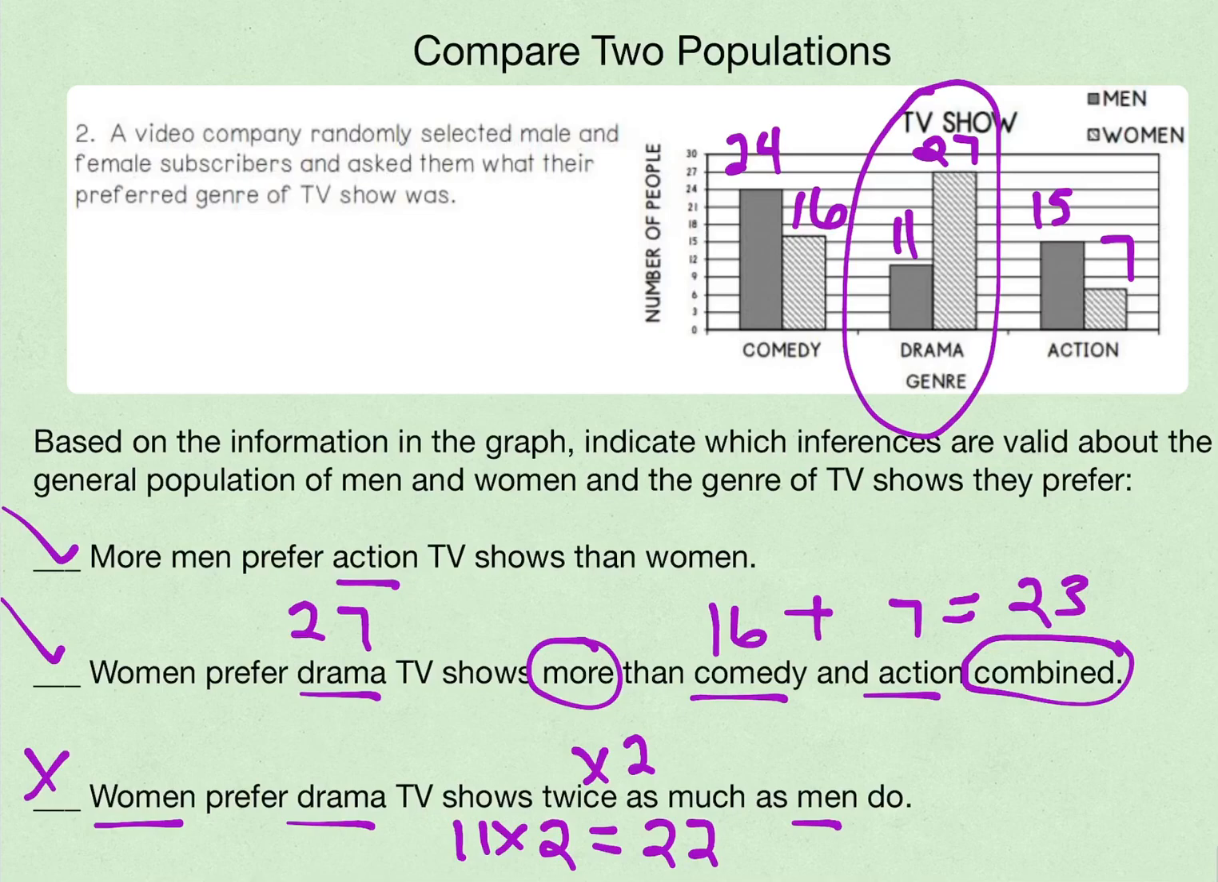So this has kind of been a review on what we did about inferences from a sample and a population, but this time we compared populations. So you're just taking it one step further, but using the same